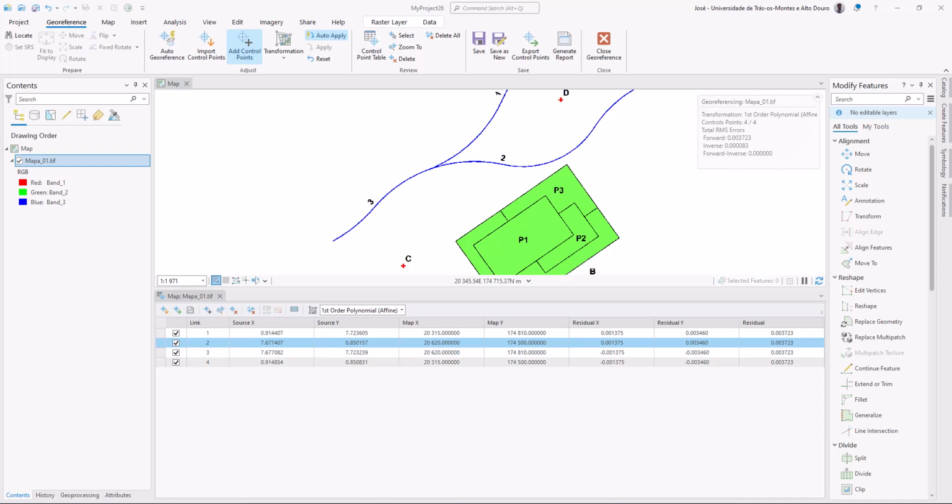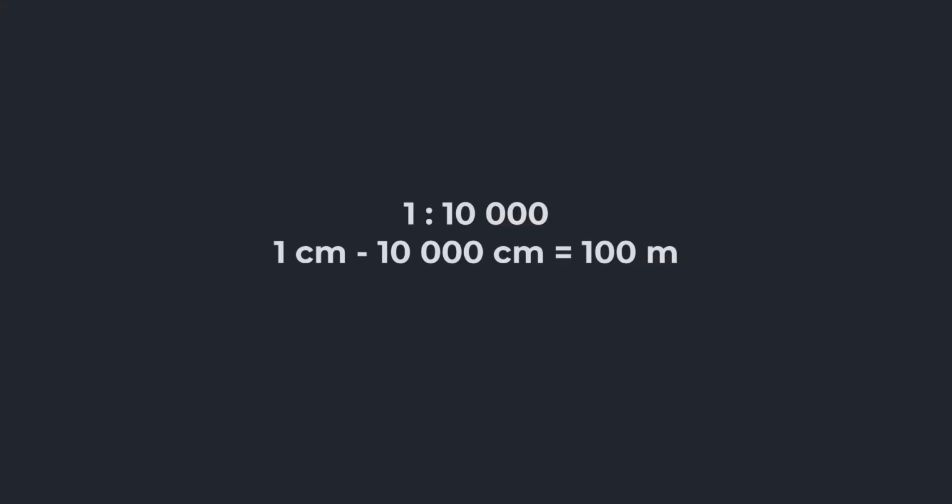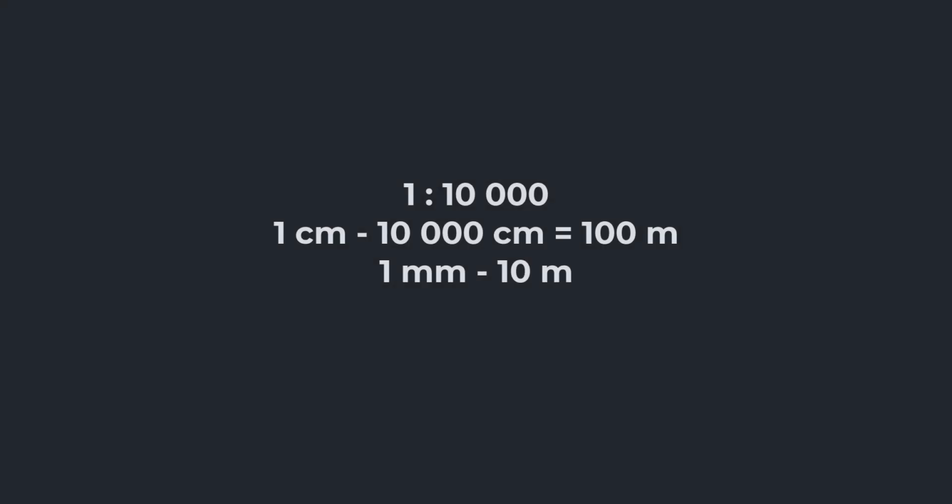On the other hand, it's important to try to assess the quality of the georeferencing according to the values of the residual errors, in particular the forward mean square error. As you can imagine, any small error made when defining the control points must be evaluated according to the scale of the map that is to be georeferenced. For example, suppose the map is on a scale of 1 to 10,000. In that case, this means that a measurement of 1 centimeter on that map will actually correspond to a distance of 10,000 centimeters, or if you prefer, 100 meters, or even that 1 millimeter will correspond to a distance of